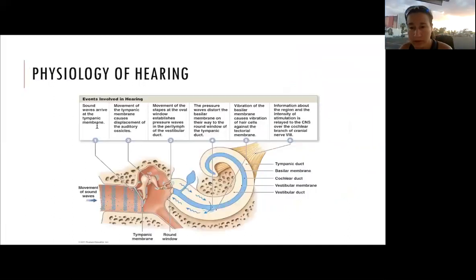So what happens when the sound waves hit? Sound waves come across, they're going to hit the tympanic membrane, just like I was telling you, and it depends on the frequency, how fast those sound waves come. But they're going to hit the tympanic membrane, push through the ossicles, step number 2, to displace the ossicles. Then the stapes, the last ossicle, is going to push on something called the oval window on the cochlea, and that is going to move the fluid inside of that ear, the perilymph,